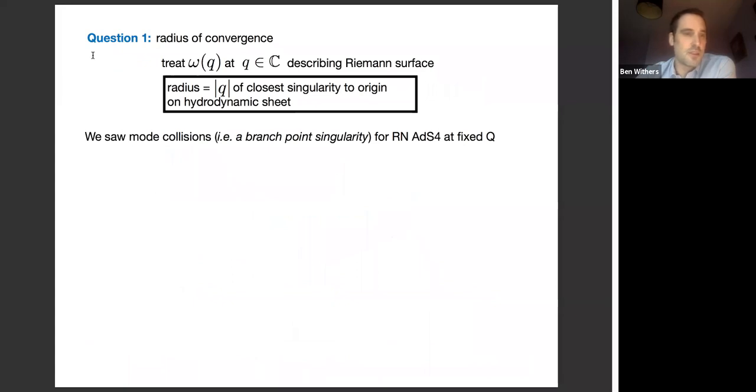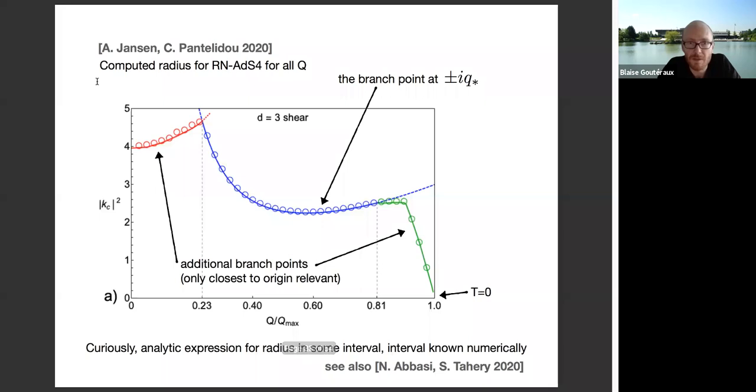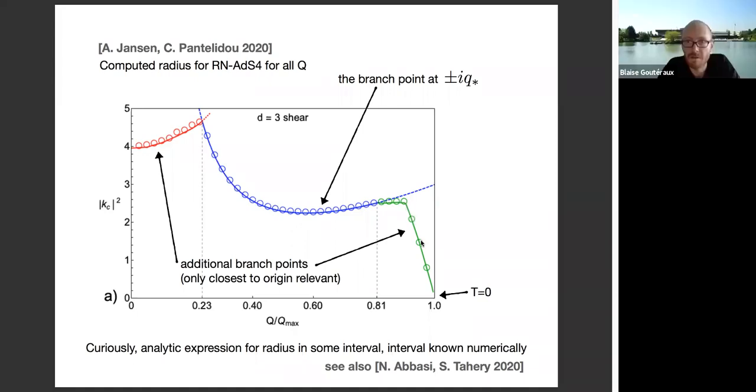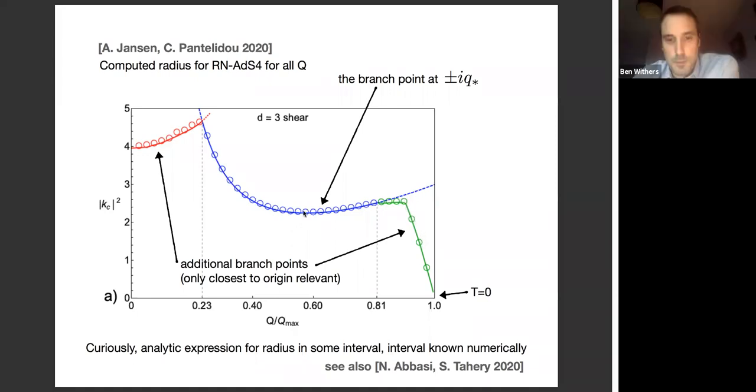Okay, so let's try and summarize, please. Ben, then the other lines, they're just a guide to the eye. So maybe. What they did several things in this paper. The circles are the perturbative expansions computed, and then they do the ratio test, I believe. Right, so this is really computing the series data. And the lines, this blue line is this analytic known result. And this red line, I think, is if you compute the singularity location exactly using numerics.